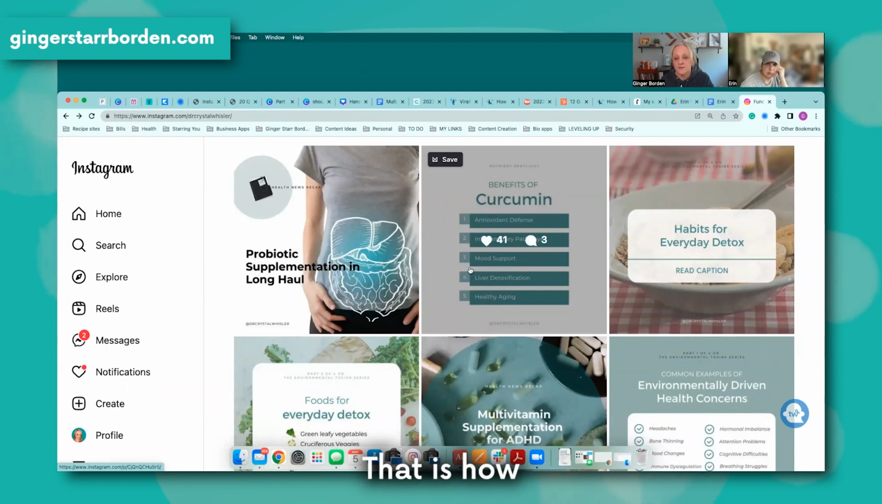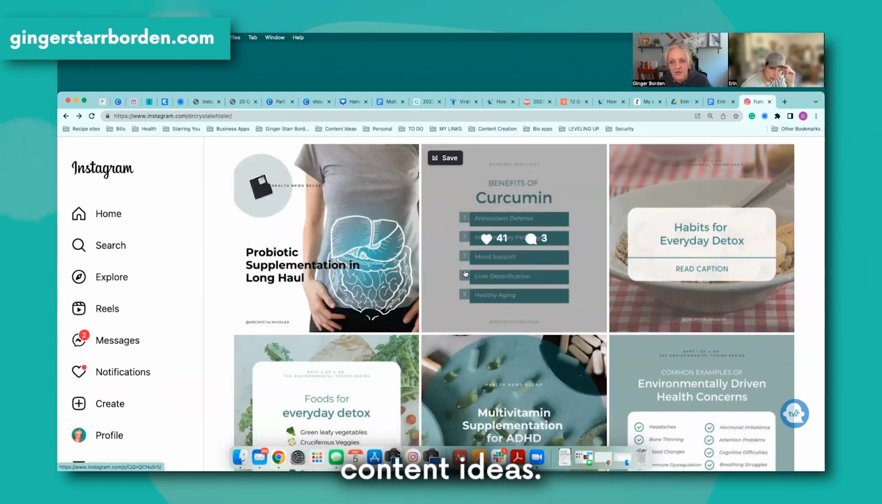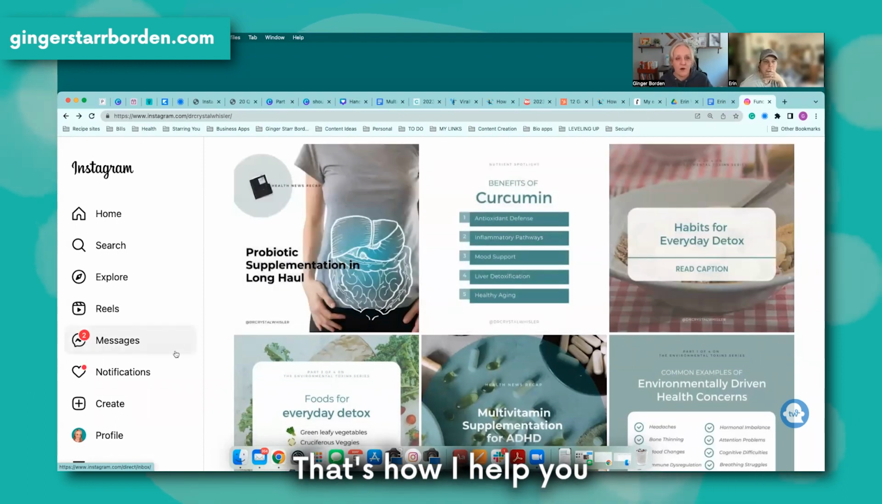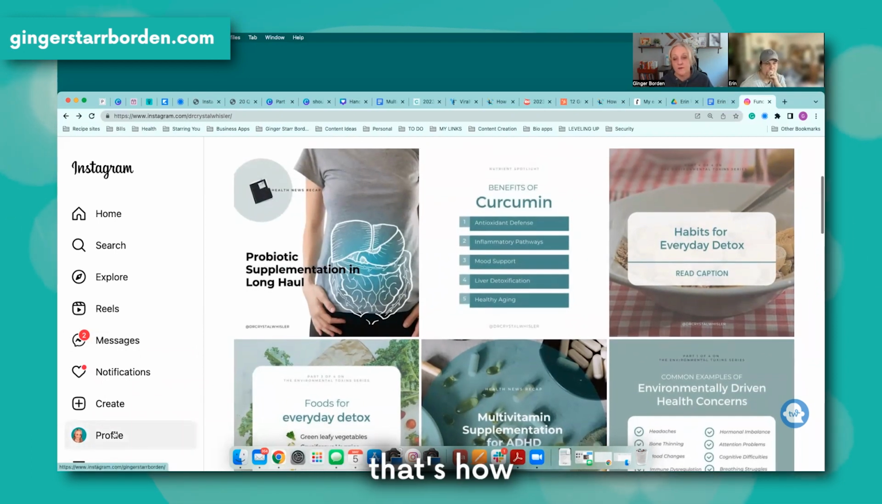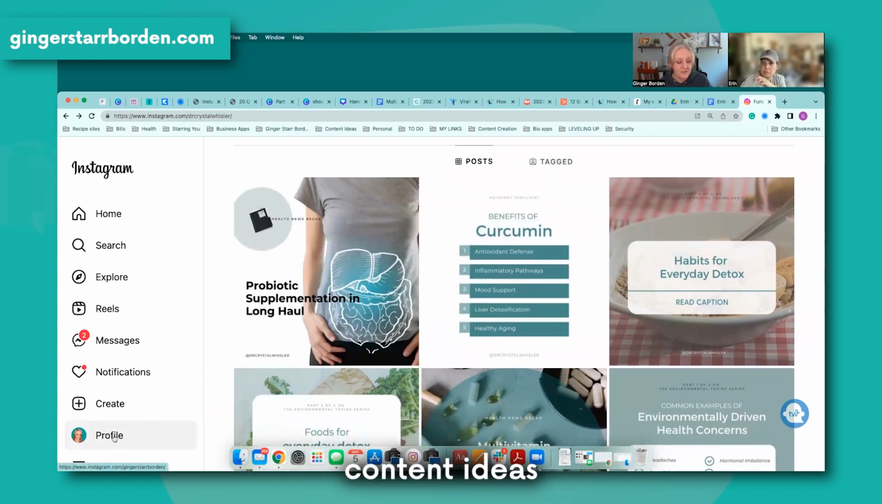Look at that. That is how I've come across content ideas. That's how I help you with content ideas. That's how everybody finds content ideas,